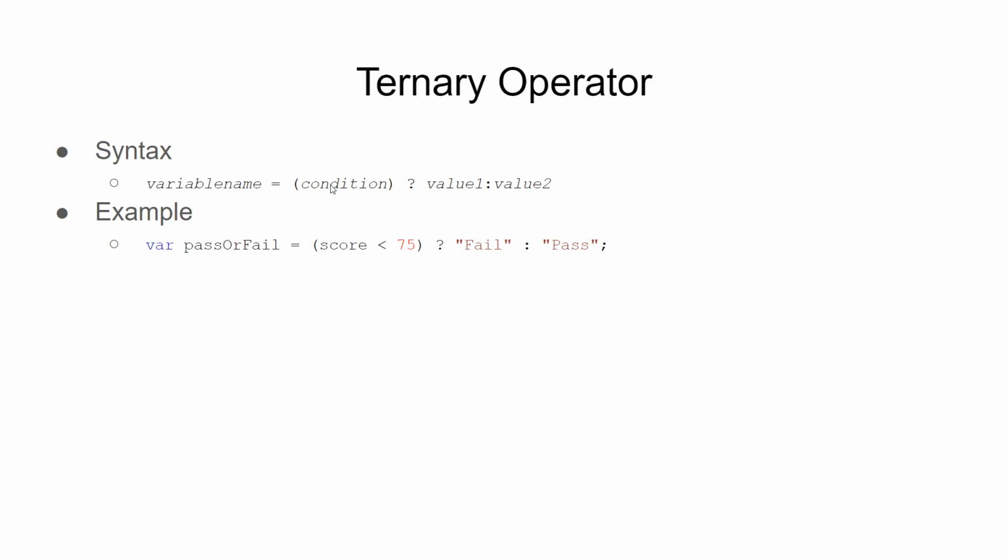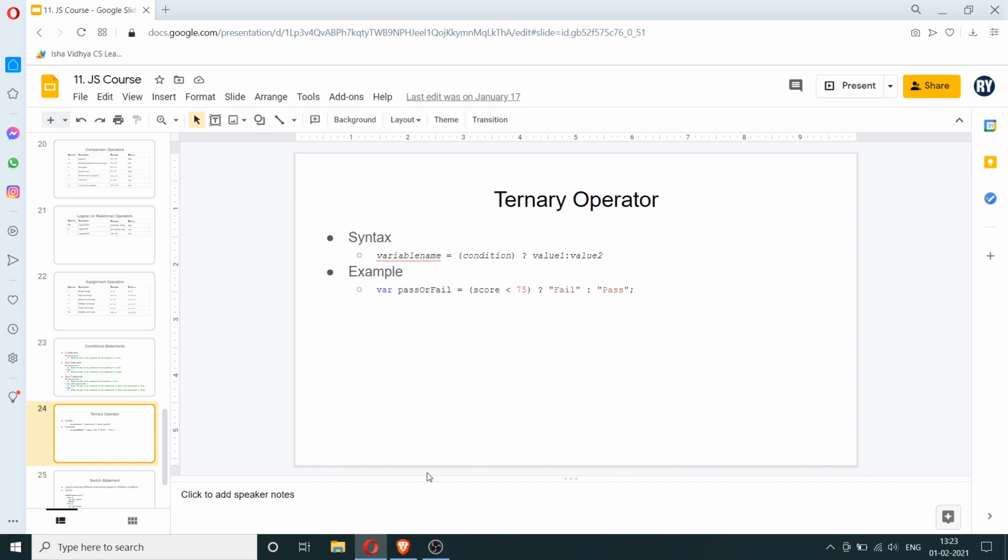So a conditional operator or a ternary operator is simply a way to simplify an if statement. So instead of having an if else statement, you have a condition right here. If this condition is true, whatever happens immediately will be assigned to the variable. If it is false, then the second value will be assigned to the variable. Now let's have a look at some examples.